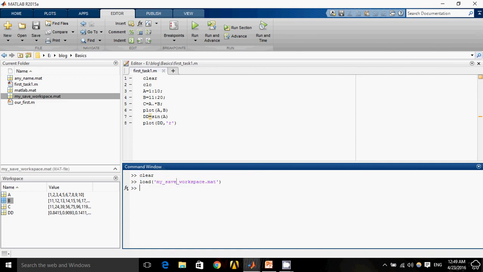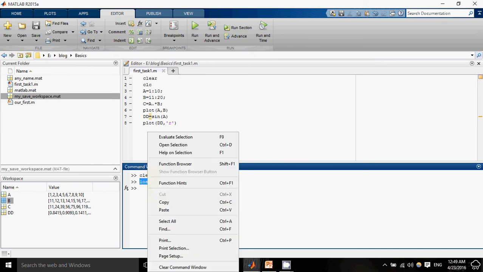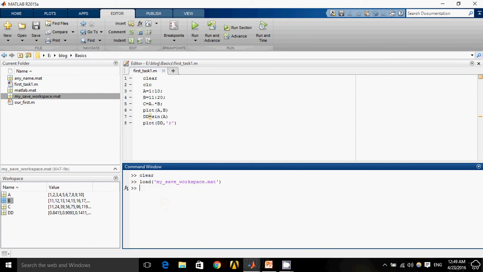Now you can see after I click on my_save_workspace, all my workspace variables are restored or loaded. Other than double click, I can simply write this command load and then my mat file, and it will automatically load my variables.